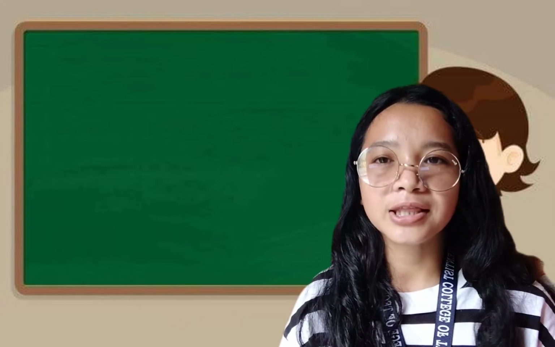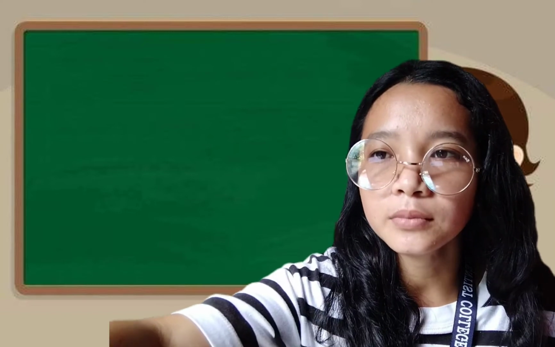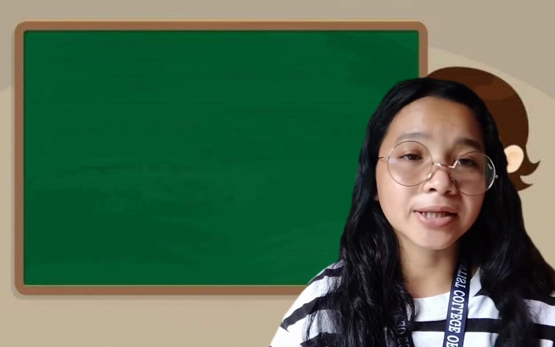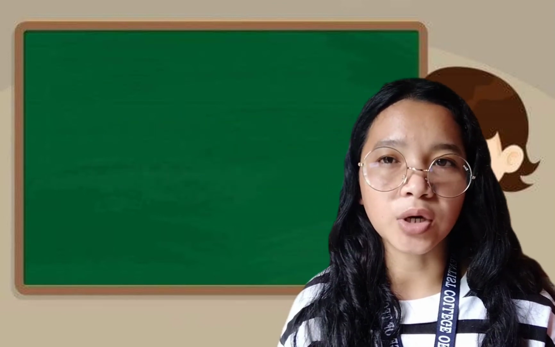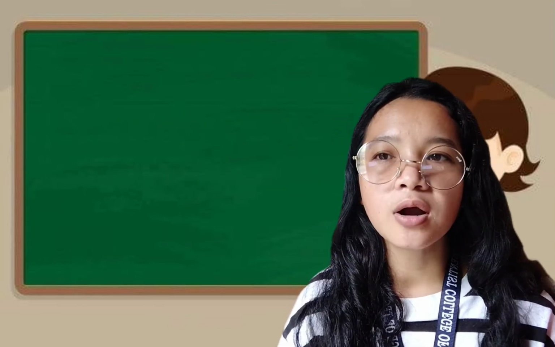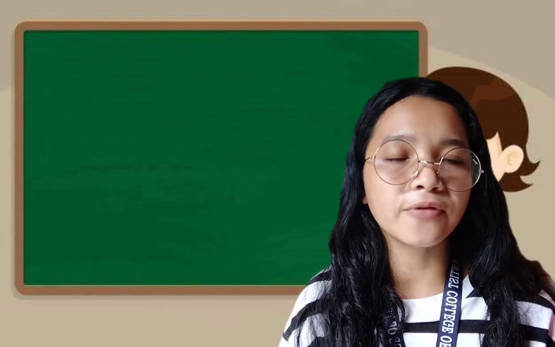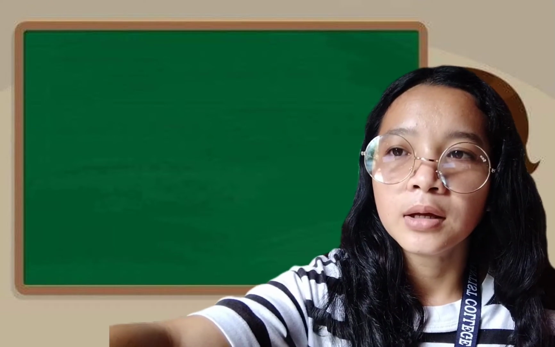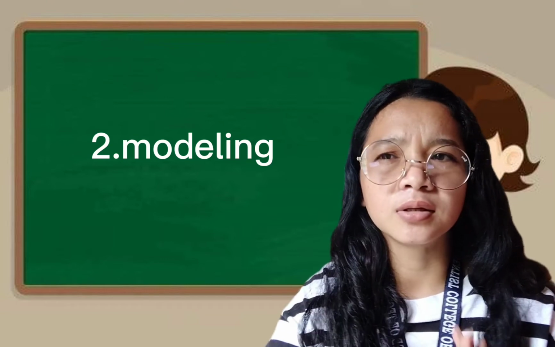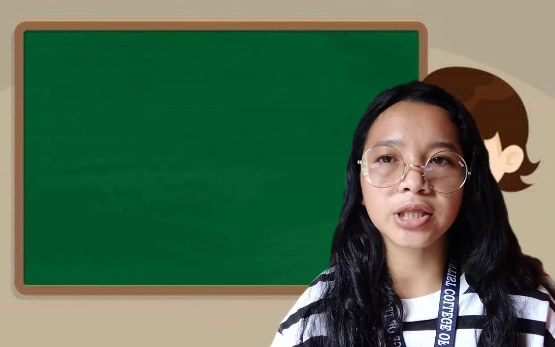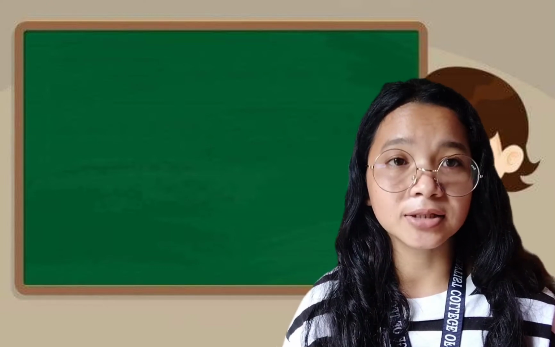The general strategies include the following. Number 1, scaffolding instruction. Students are given a lot of structure at the beginning and the structure is removed little by little until our students are capable of doing it themselves. Number 2, modeling. While reading or discussing literary works, the teacher thinks out loud thoughts related to the text.